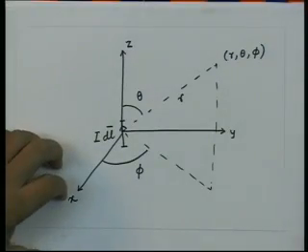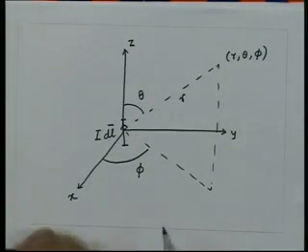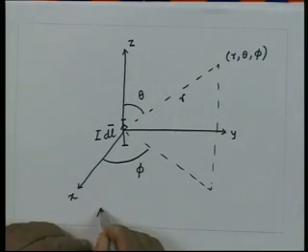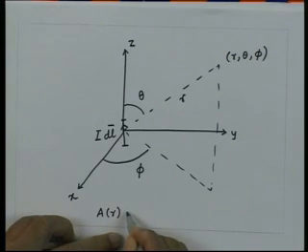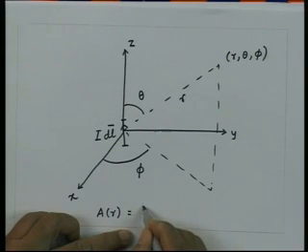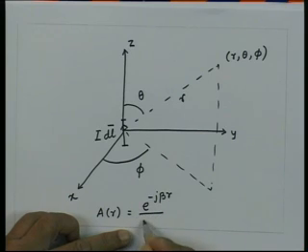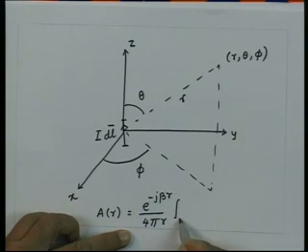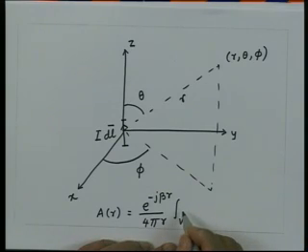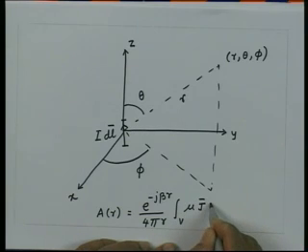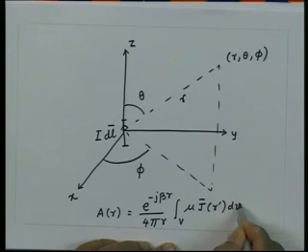So, we can get for this one A of r is equal to e to the power minus j beta r upon 4 pi r, integral over this volume, mu J of r prime dv prime,